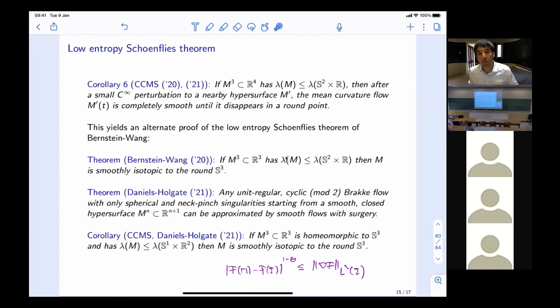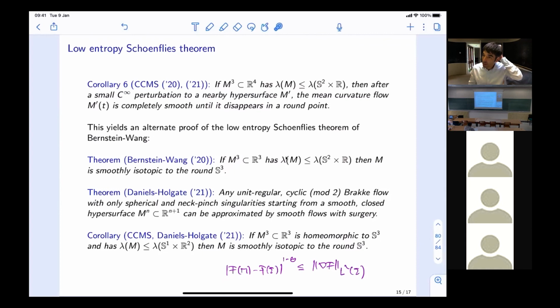A type 2 singularity would mean that your tangent flow is non-smooth. But if you understand how to perturb away non-smooth tangent flows, then you could hope that they are regular enough that, at least in some setups, you don't get type 2 singularities. Now, higher immersed is something very different, but at least in